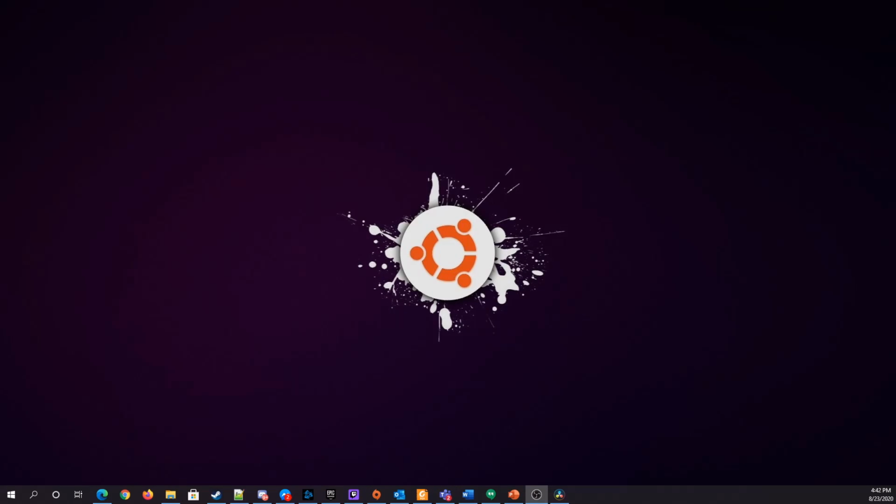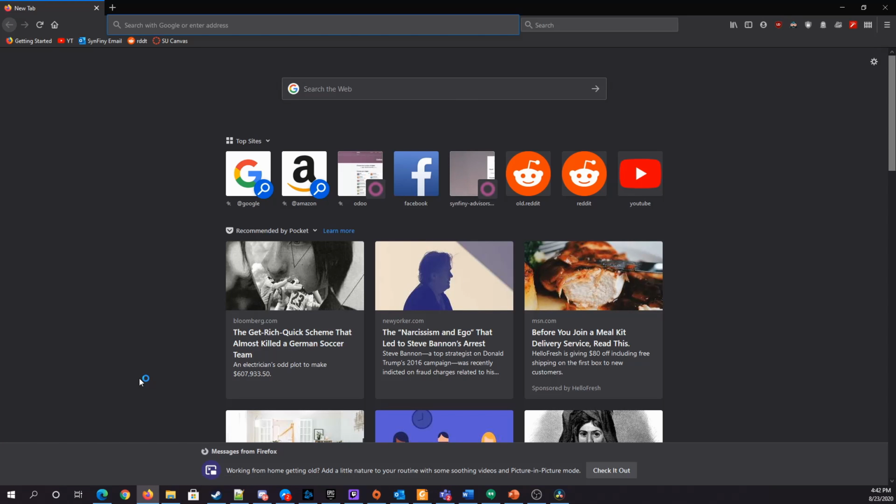Okay, so we're here on my desktop, and we'd like to go to Symphony's instance of Odoo. Now, it's important to note that you can't just go to odoo.com. That will take you to the vendor's website, and you can sign up for an account there, I suppose. But you should have gotten an invitation link or an email, and that would have come from me. But it will be listed as coming from Odoo,